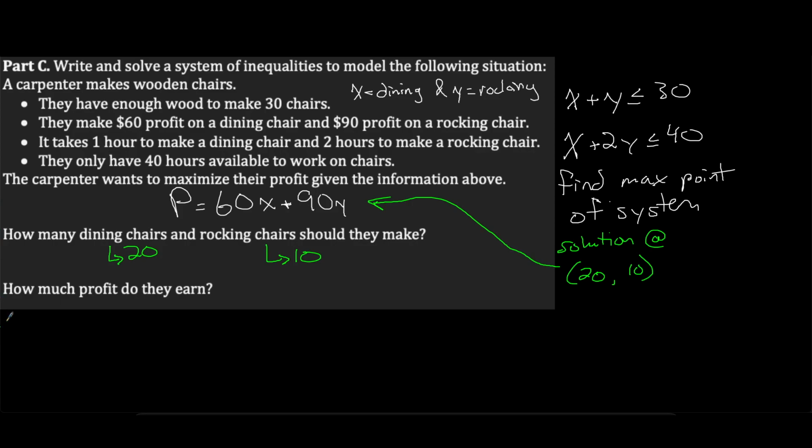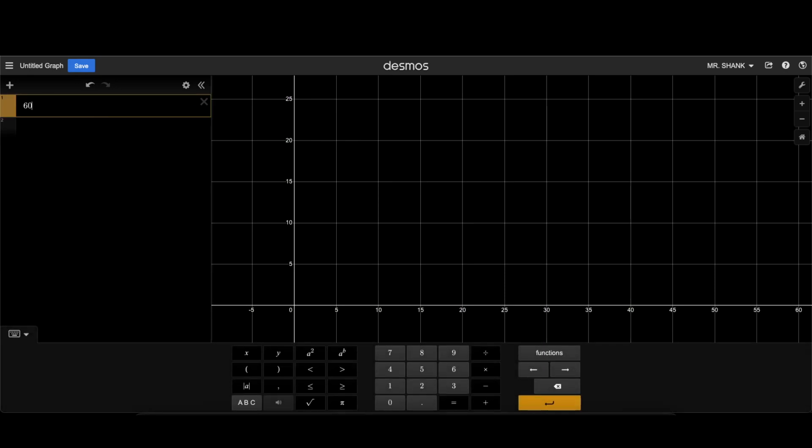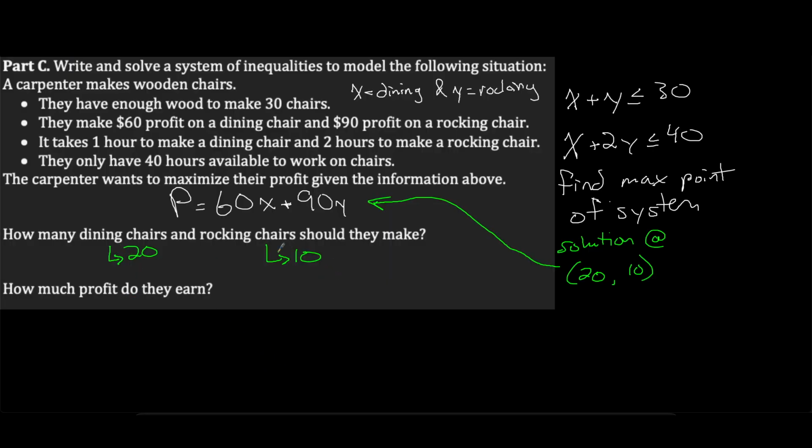So we say 60 times 20 plus 90 times 10, because we're plugging in each of those values for x and y, and we're getting our max profit. So if they make 20 dining chairs and 10 rocking chairs, they make a profit of, so we'd say P is equal to